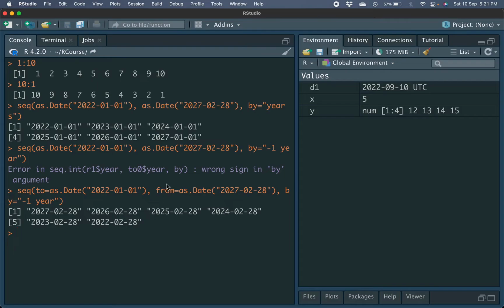So now you see, this is one advantage of named arguments. I did not have to change this, I just changed the name of the argument. By default, the first one is from, the second one is to. But if I explicitly say that I'm writing to first and from next, then R understands what I'm trying to